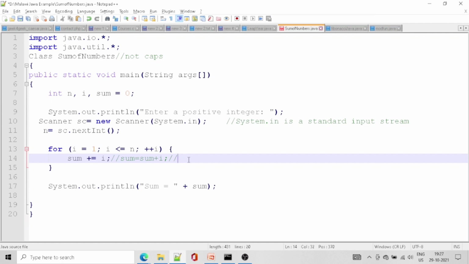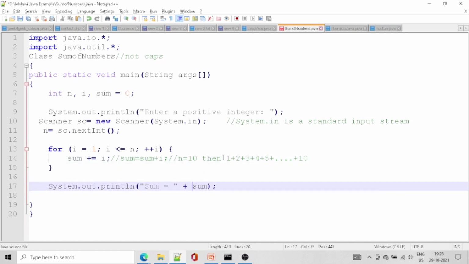If you give n as 100, so n equal to 100, then it starts from 1, then 2 plus 3 plus 4 plus 5 up to 100. And what it does if n is 10, this is for 10.